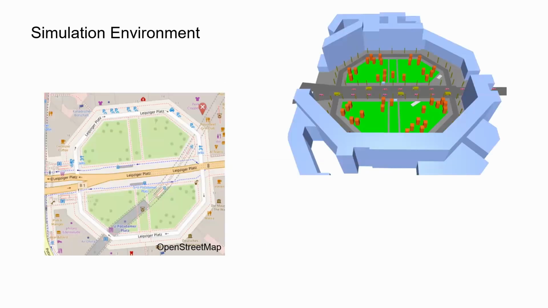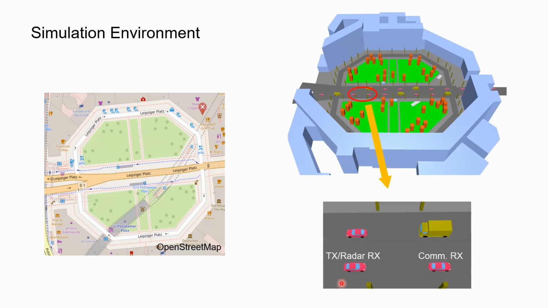In the next step, I will show you the performance of our model in realistic use cases. We simulate the channel conditions in Leipzig Allee in Berlin using an external channel simulation software, Wireless InSite. In the simulation, this car serves as the transmitter and radar receiver, and this car serves as the communication receiver. The simulated channel parameters are then imported into our model, and we evaluate the bit error rate and range-Doppler map